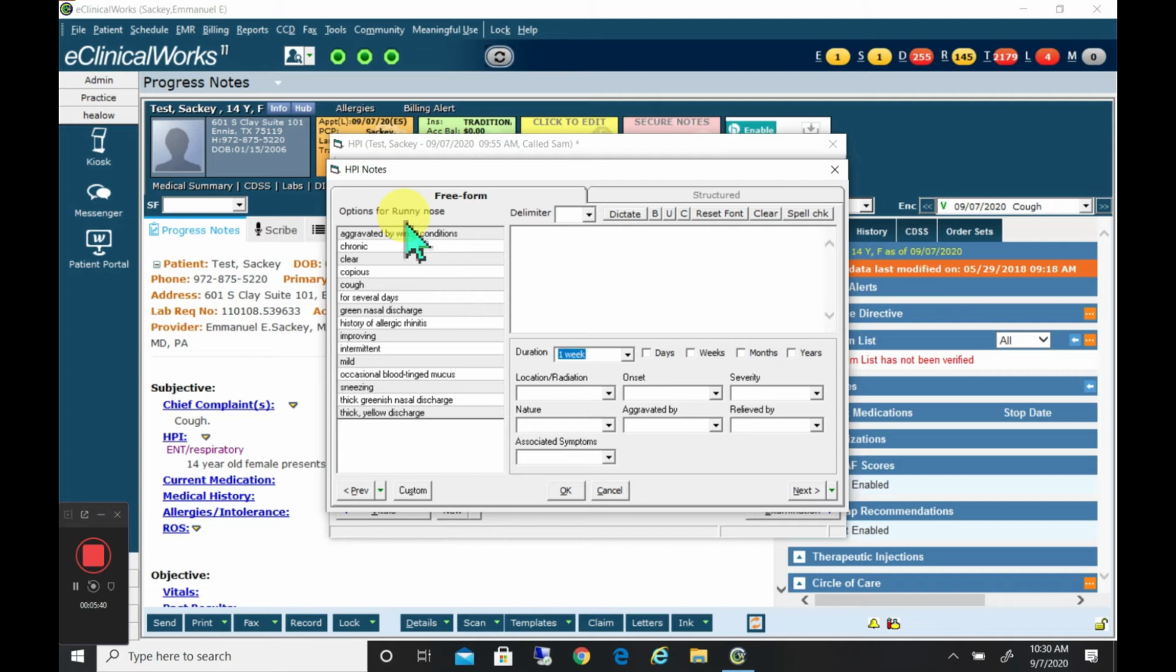We have options for the runny nose. So chronic, clear, copious cough, several days. We could put copious. We could put green nasal discharge. You notice that it says copious green nasal discharge. There really should be a comma in between to make it more grammatical. And so above you see this delimiter button, and here if I pick a comma,